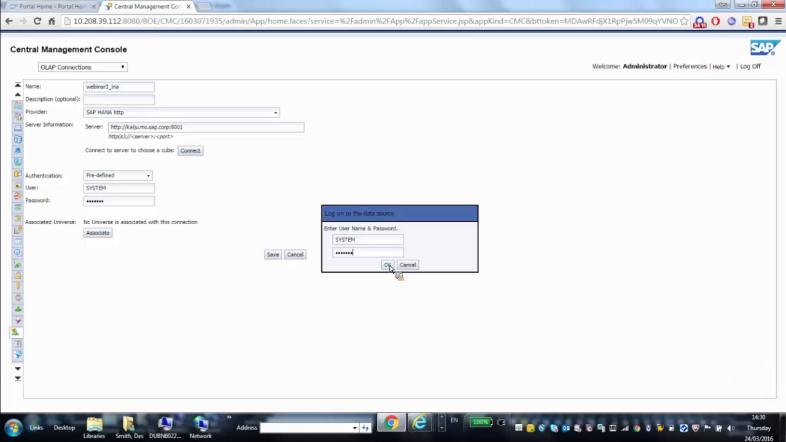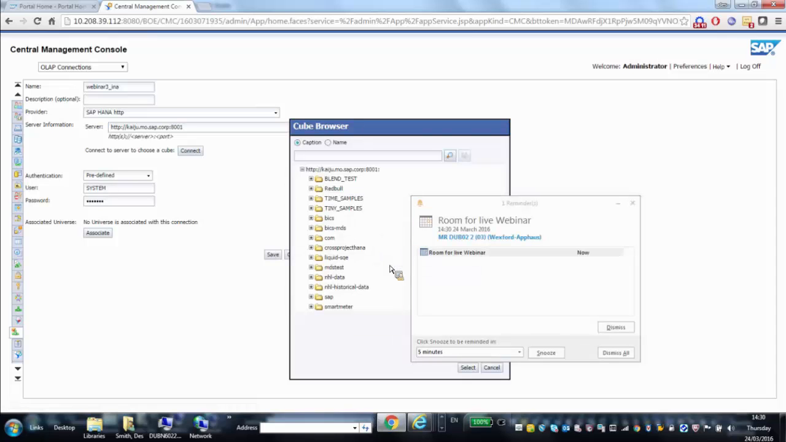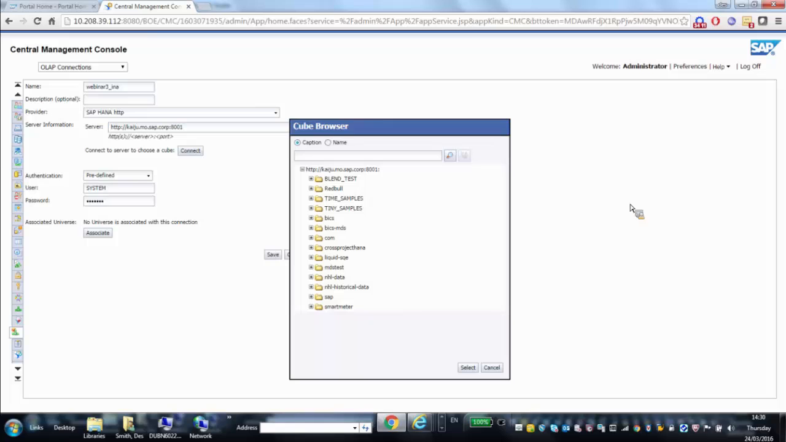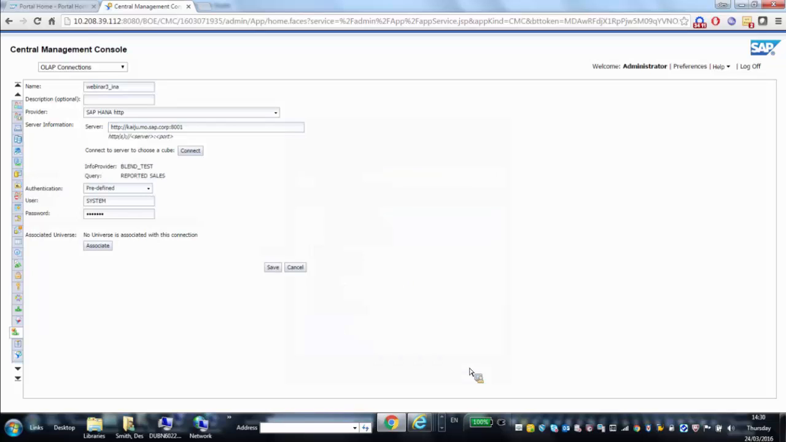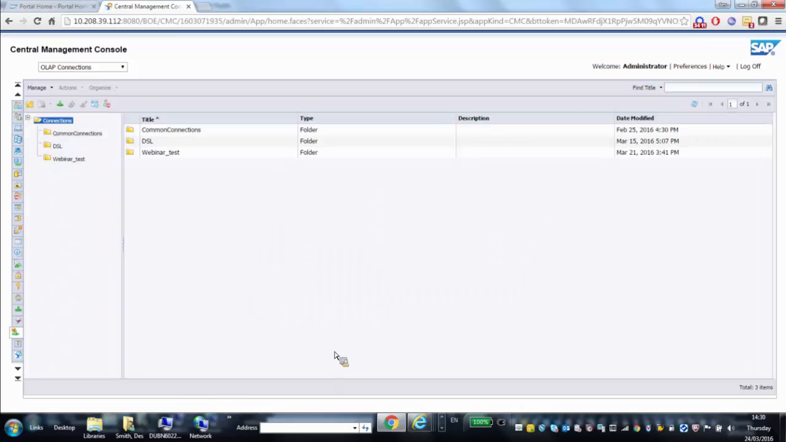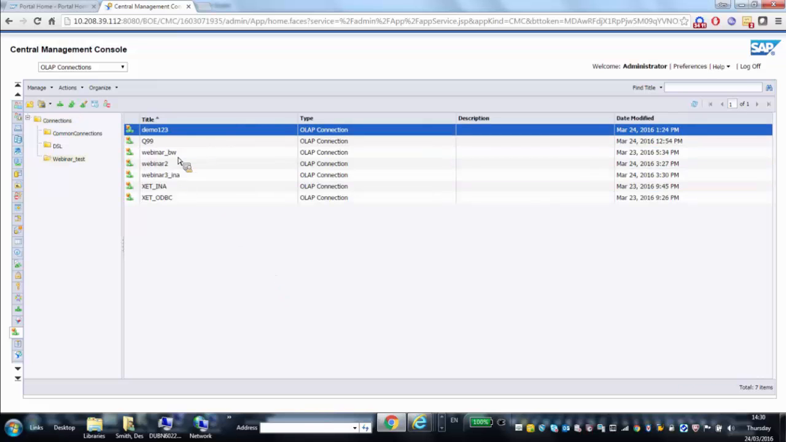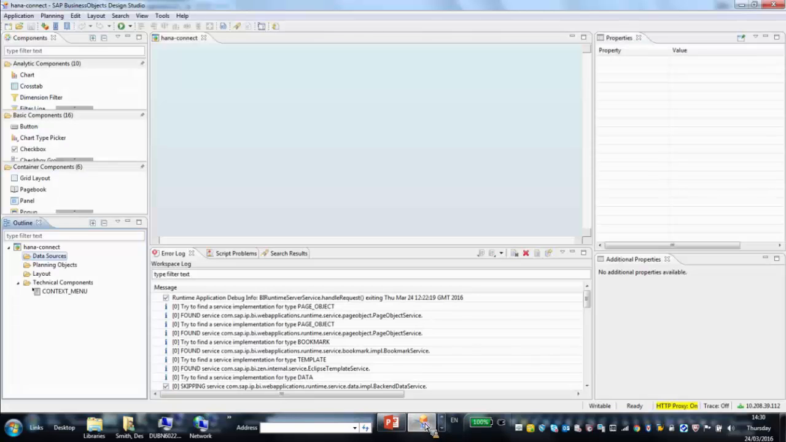And hopefully, yes, we can see there the list of data sources or analytic cubes on the HANA system that we can connect to. We've selected one, we save it, and again, when I open the folder here, we should be able to see that it now appears in the list of connections. And when I go to Design Studio and reload the connections in the Preferences section once again,